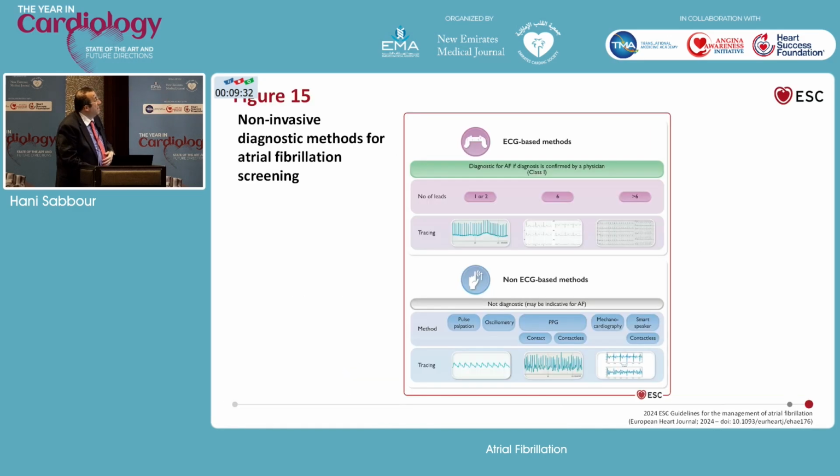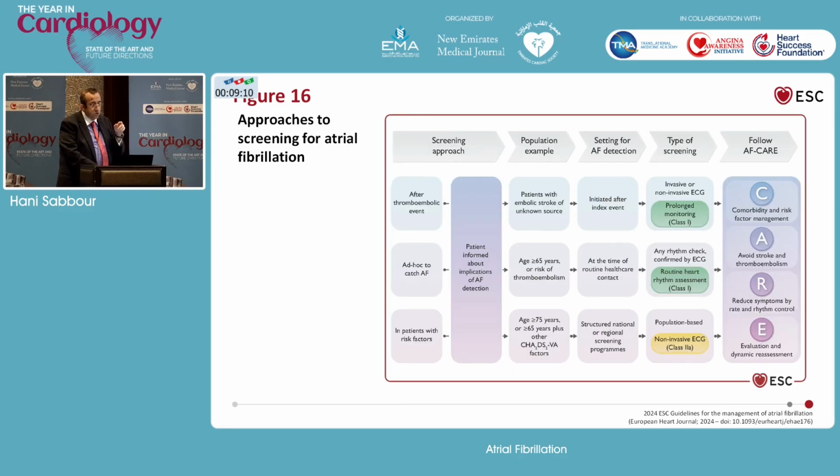Okay. So something new about non-invasive methods to screen for AFib, screening in the outpatient setting. That means you can use some of these tools: pulse palpation, of course, in the clinic, you have to tell them to use a pulse oximetry. And also you have these portable monitors that are now available on every iPhone and Samsung and every smartwatch. So they are telling us that you need that. Why? To catch AFib ad hoc.